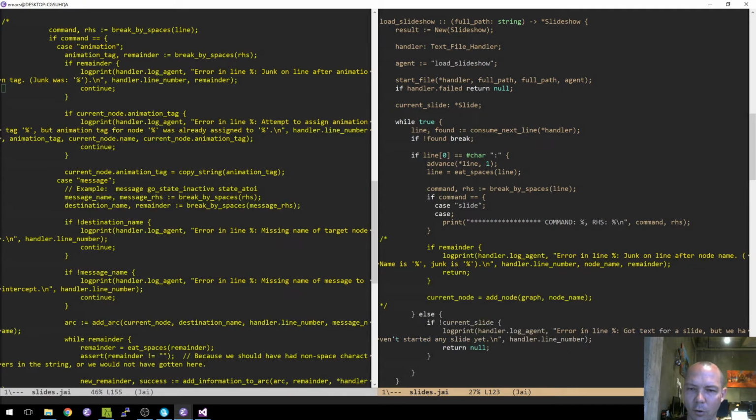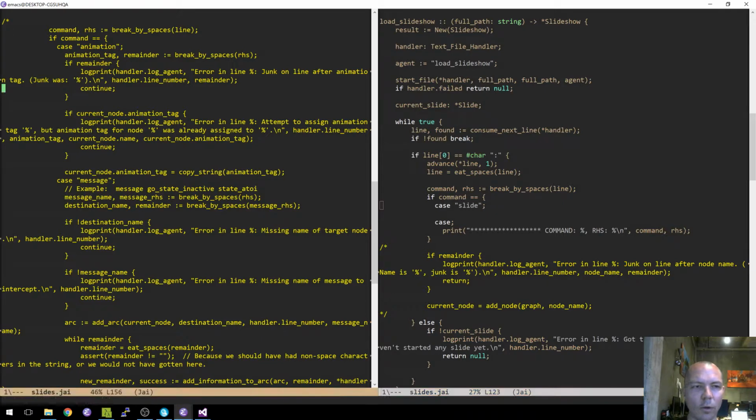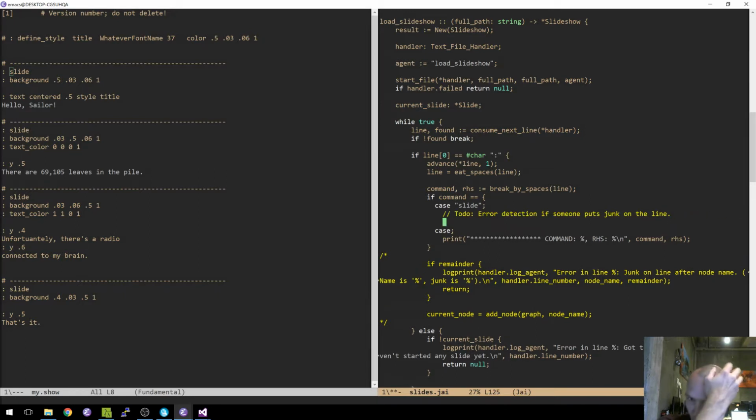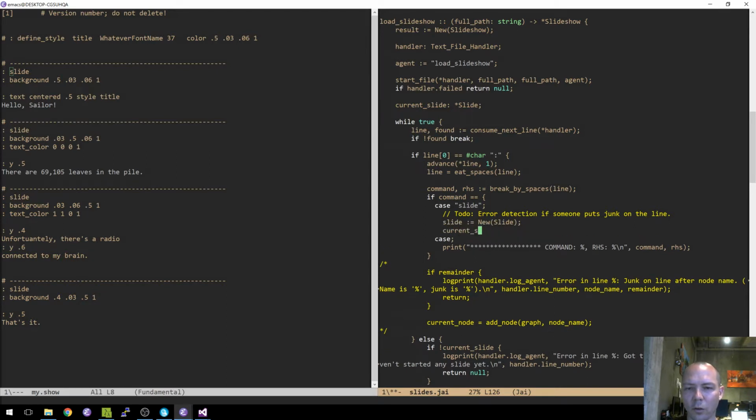I'll just make that easy to spot. If it's slide, what did our slide command look like? It just had no arguments and it makes a new slide. Error detection if there's junk on the line. This format is going to change very quickly, so I'm not going to get too picky about errors yet. I'm going to say slide is a new slide, current slide equals